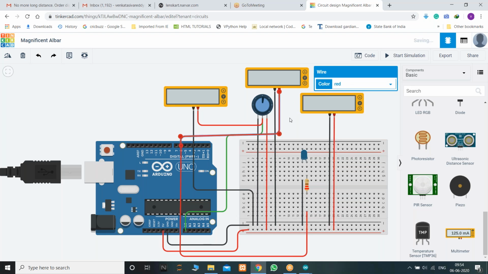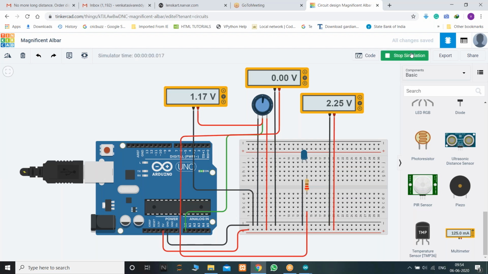It is in red color. I connected this pin 6 to this LED, and also connected a multimeter to this digital 6. I'm not having any program for this digital 6. Let us see what voltage it is generating. It is generating 0 volts.